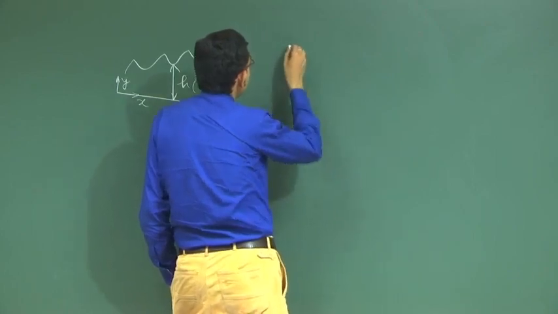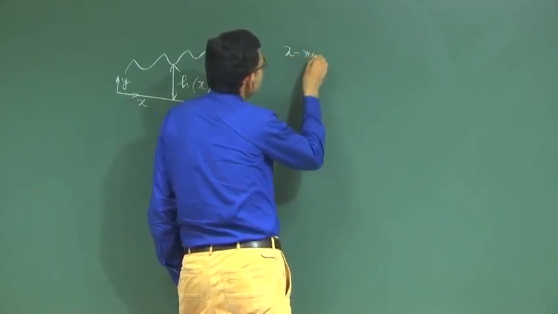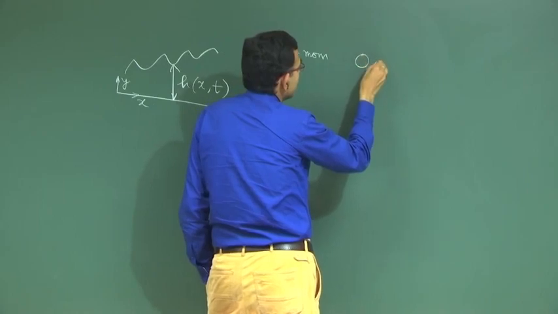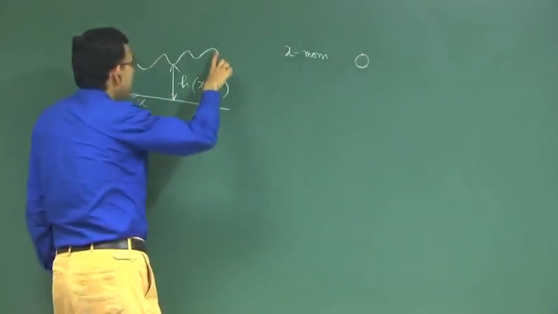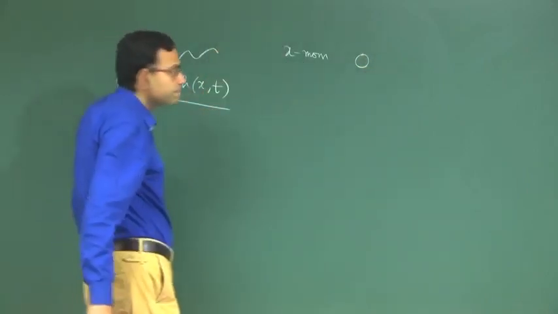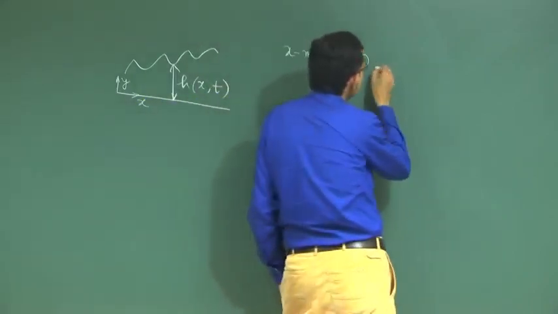So, the x momentum equation for the gap height much smaller than the length will be 0,